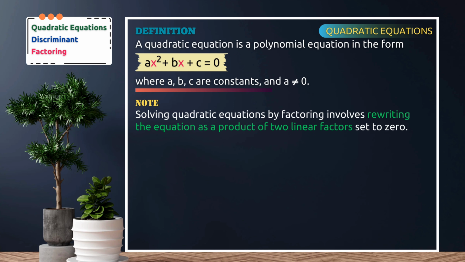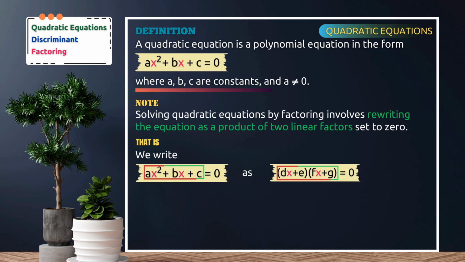Solving quadratic equations by factoring involves rewriting the equation as a product of two linear functions set to 0. That is, we write ax squared plus bx plus c in the form dx plus e times fx plus g. Since the two expressions are identical, other than solving the original equation, we solve dx plus e times fx plus